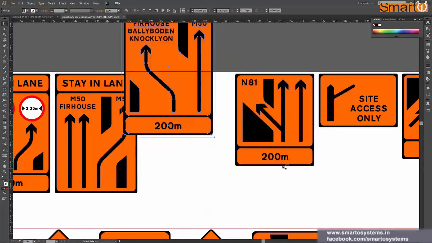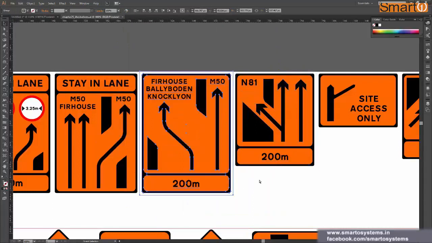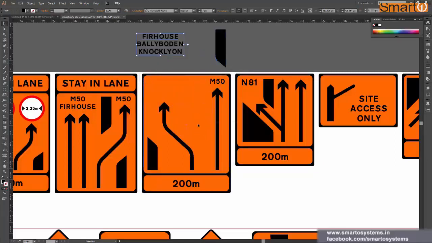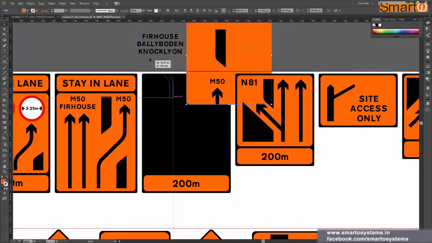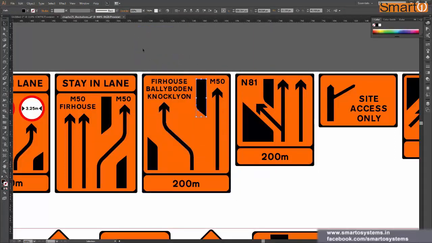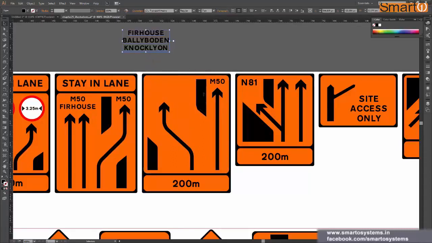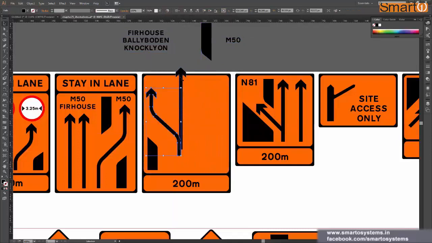So all the shapes are grouped. If I ungroup it, how to ungroup and group, I will come to that. But right now I have ungrouped it, and my shapes are separated now, and I can move them independently.